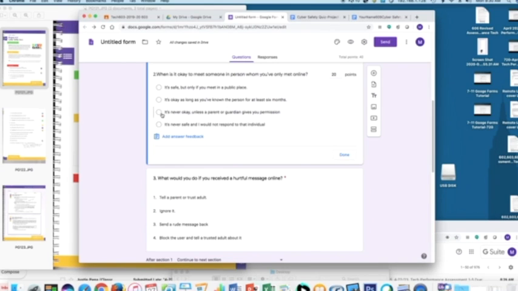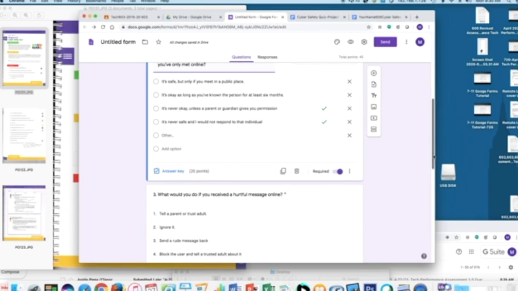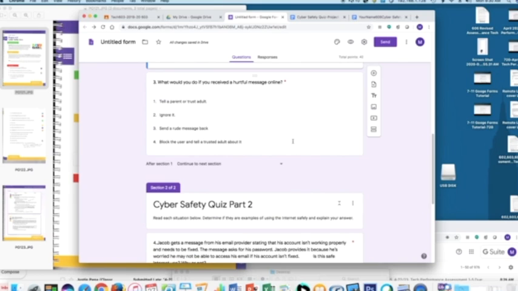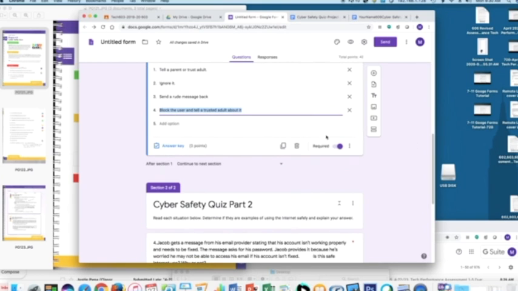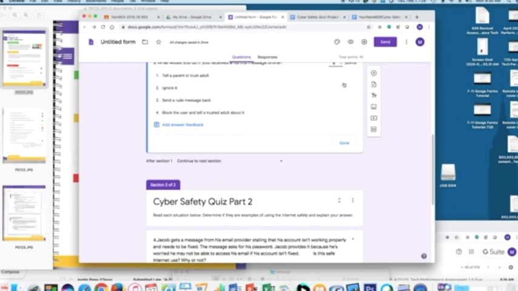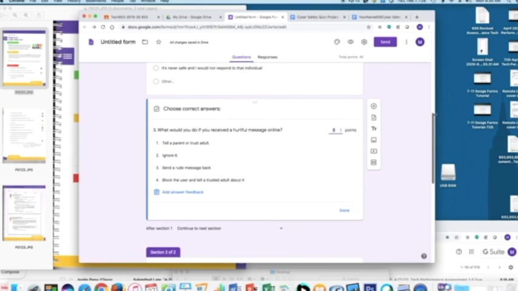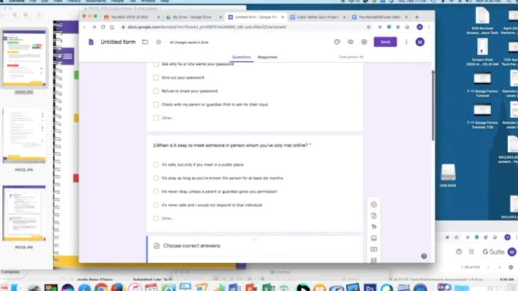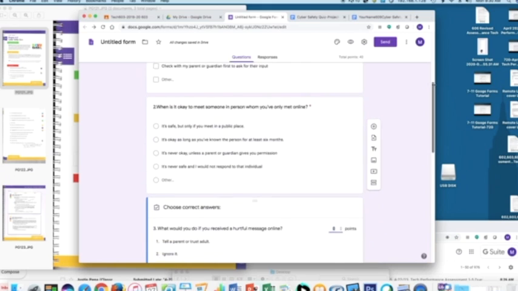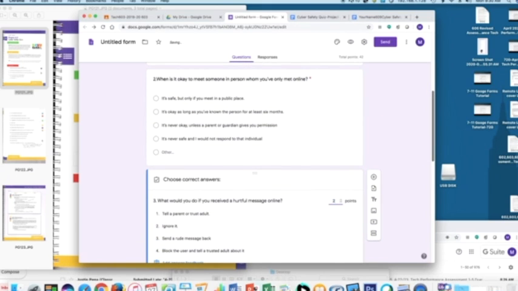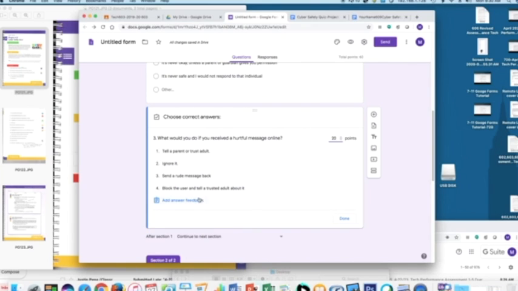I would say it's never safe. Boom, boom, boom. Hit done. And then scroll down. And then answer key. And again, now you have the choice. Yeah, these would be 20 points. You have the choice. Okay, so let me show you. So then I will mark what I think